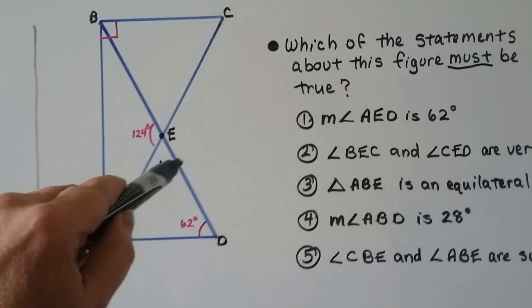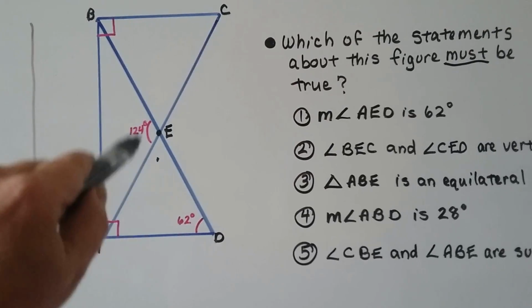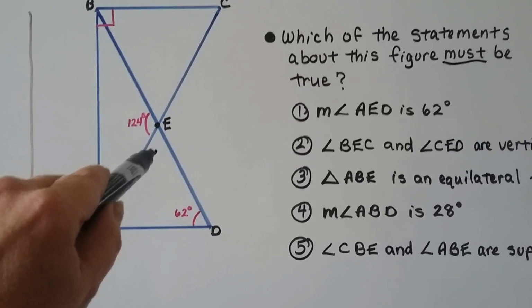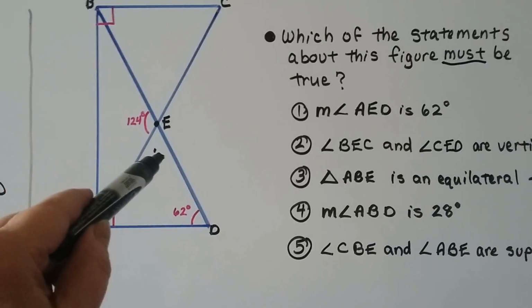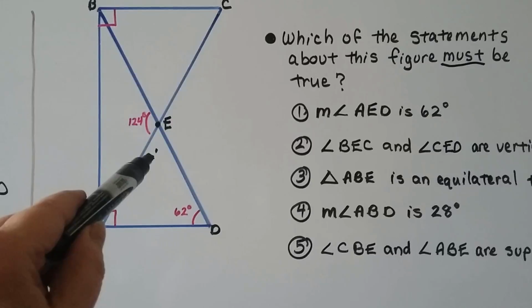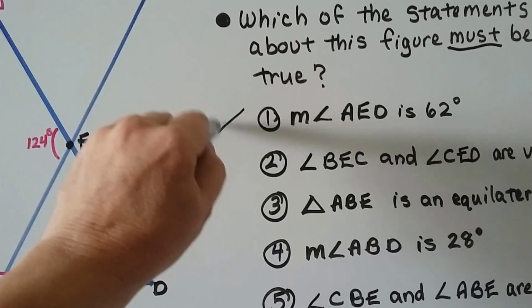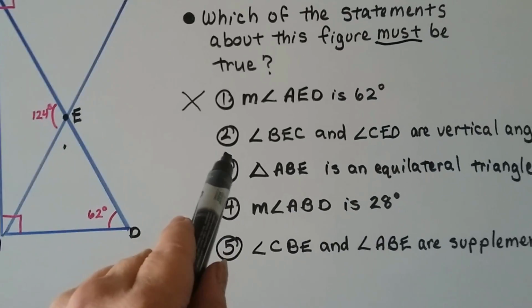Well, in order for this to be a supplementary angle, we'd have to add it with the 124 to be 180, wouldn't we? Is 124 plus 62 180? No, it's 186. So that one's not true. We know it's not number one. How about